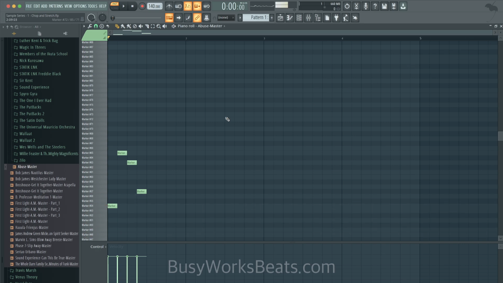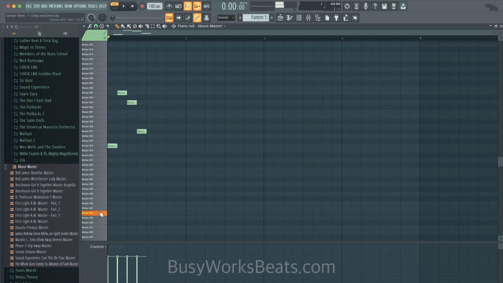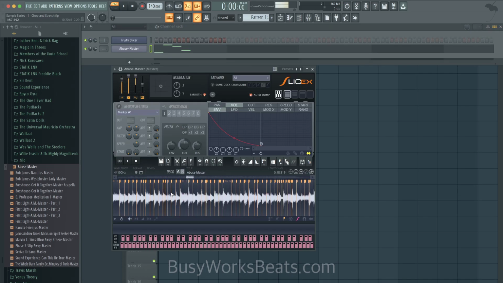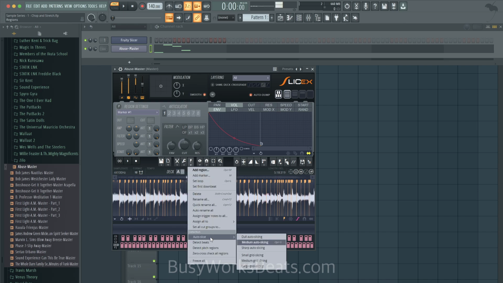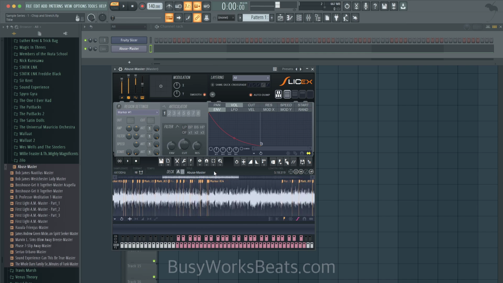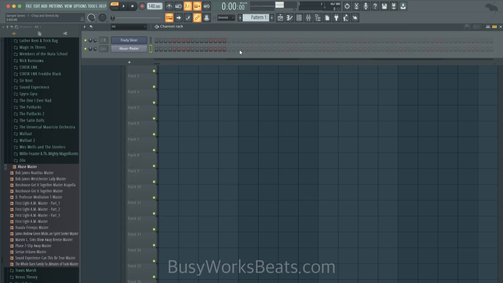See how it's kind of vague and it's all these little tiny chops. So sometimes it's not the best method because it's very hard to get a musical phrase going. Sometimes it chops it up too much. So let's go to Auto Slice, Dull Slicing. Now there's really no middle ground between medium and dull. Dull is almost like huge chunks, whereas medium is.